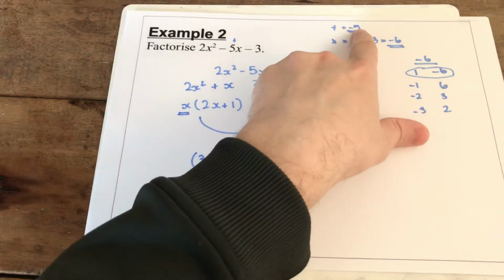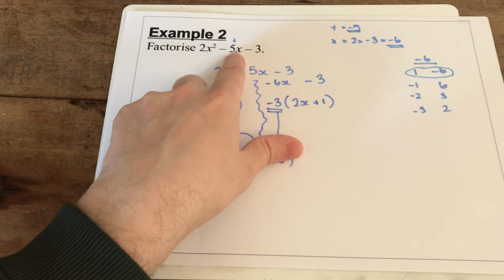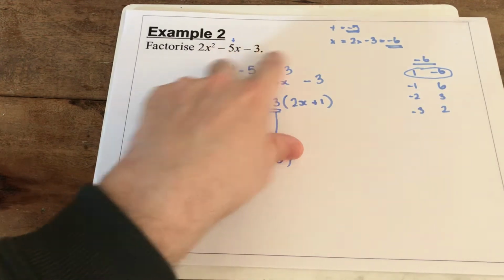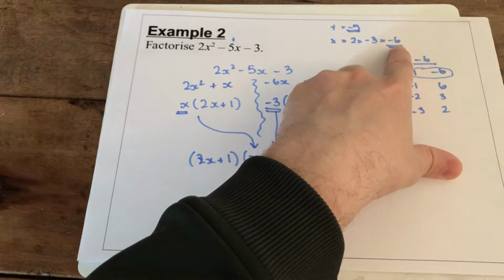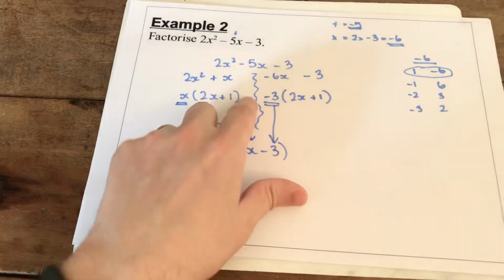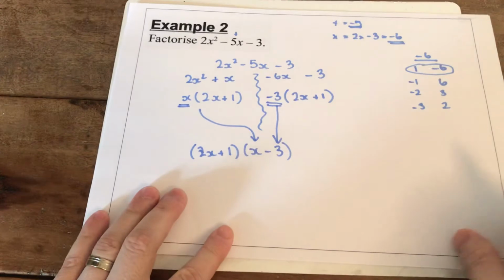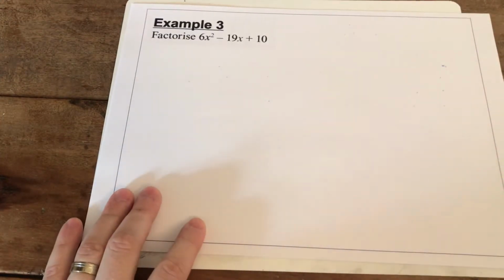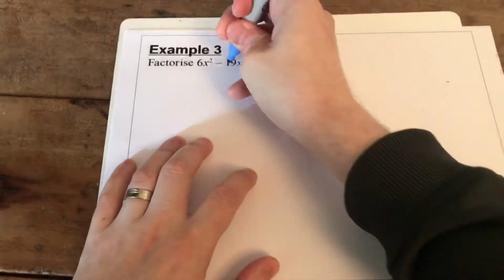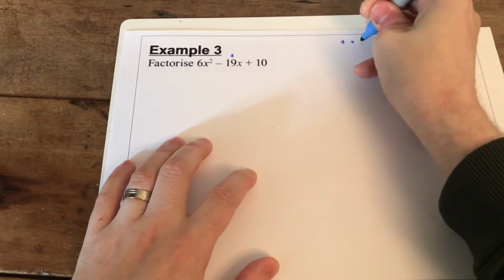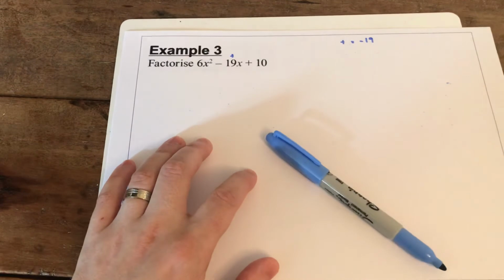We say that we add to give the middle term, we times the first and the last, and that tells us what it has to times to, and then we split this into 2 and factorise each into single brackets. I'm going to go through another example, a more complicated example, to show you how to do this again. So again, it's got to add to give us minus 19, but this time it's got to times to give us